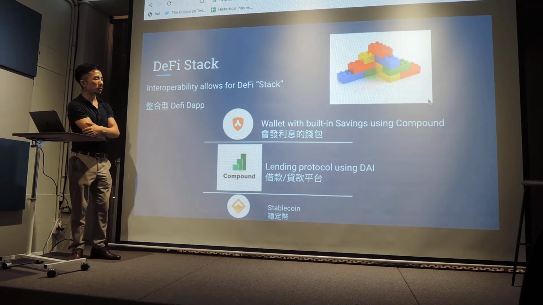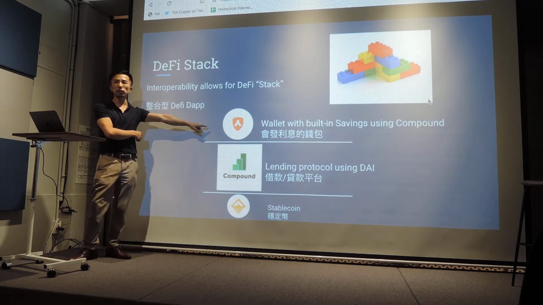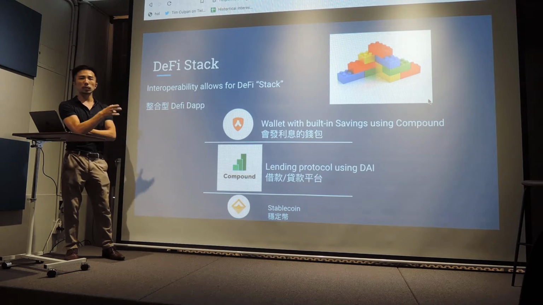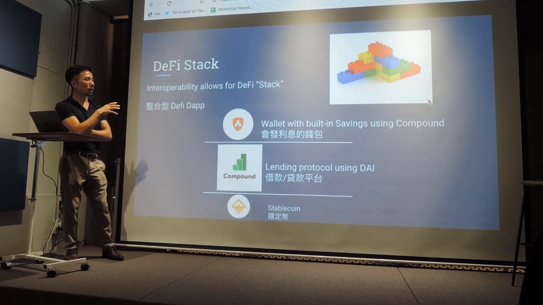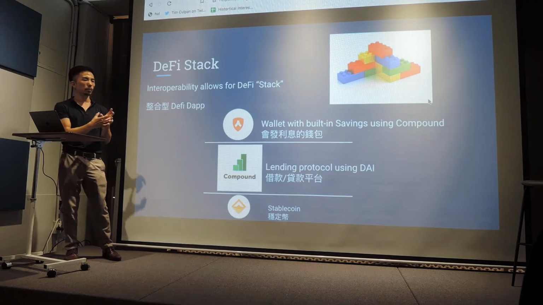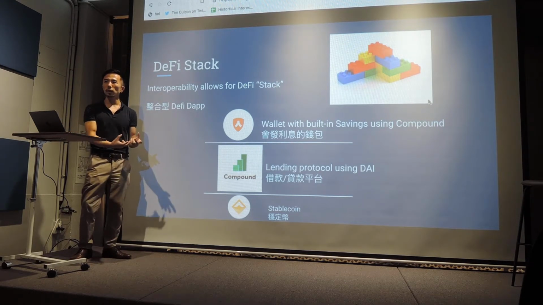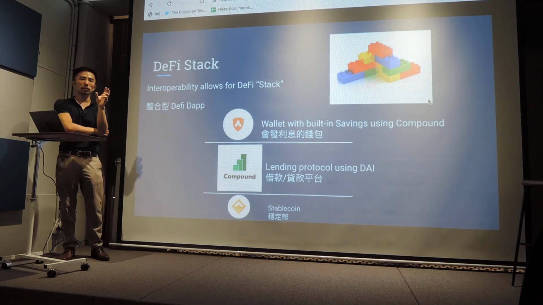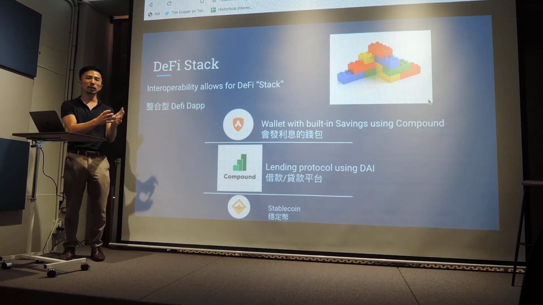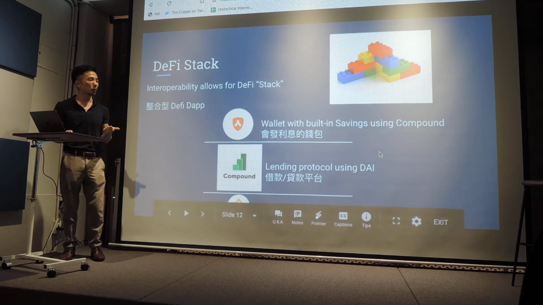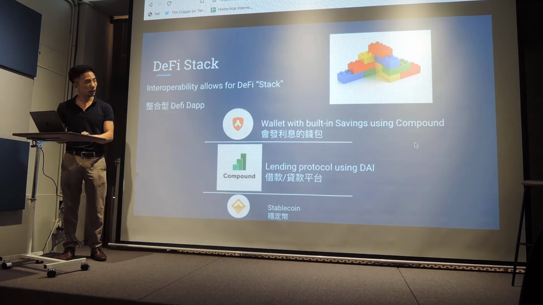And then there's newer applications, like there's a wallet called Argent, I think it's French. And this wallet has built-in savings. So you put some money into your wallet and it automatically starts building interest because it's got Compound integrated into the back end. So everything kind of plugs together. When you have a really cool DeFi app, it's not just a cool DeFi app by itself. It's something that can enhance everything else in the ecosystem. So I think that's a really cool and really important part of this DeFi movement.